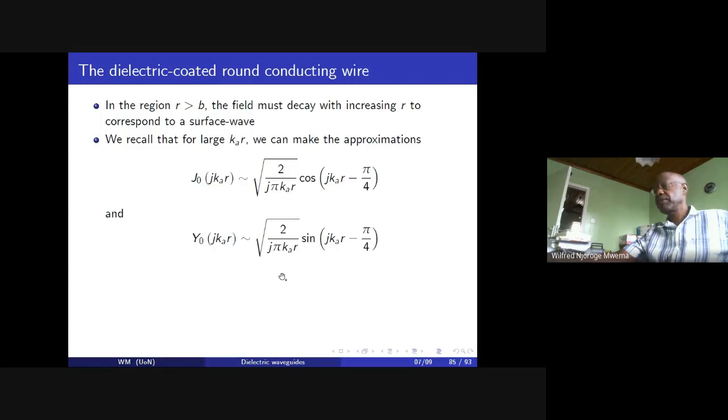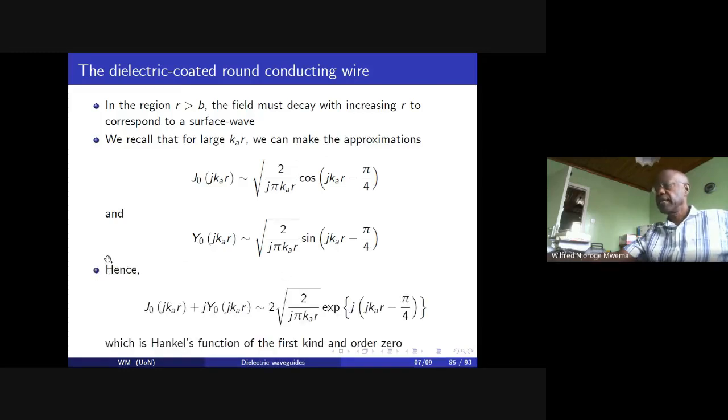They have the same amplitude. Hence, the superposition will give us a value of that nature, which is the Hankel function of the second kind